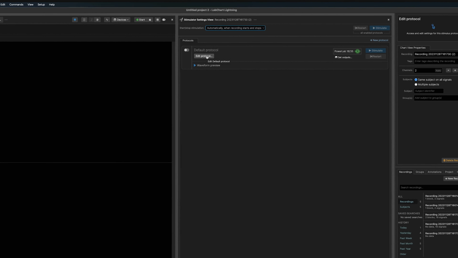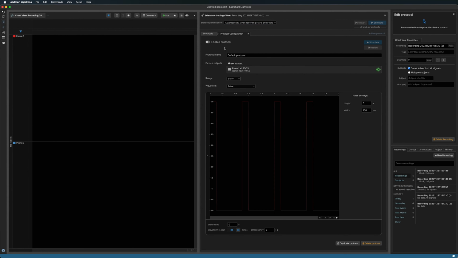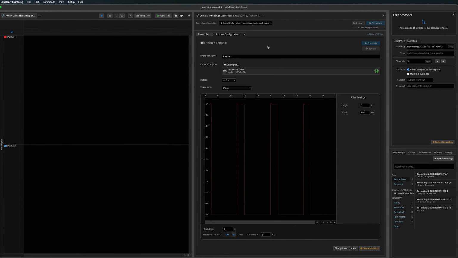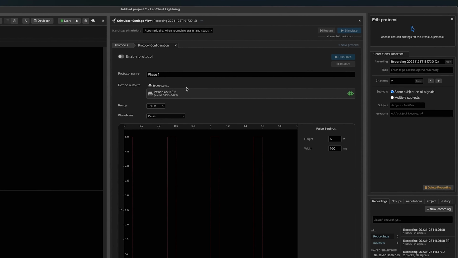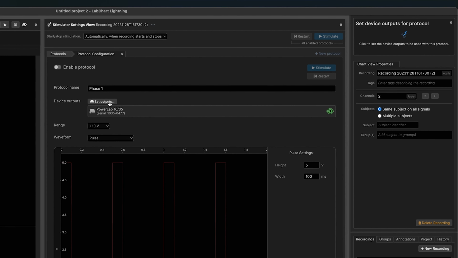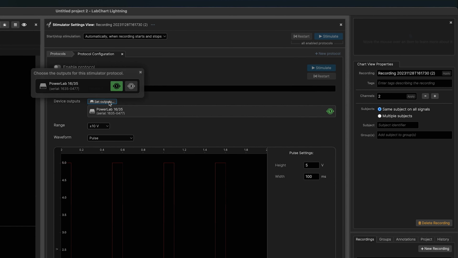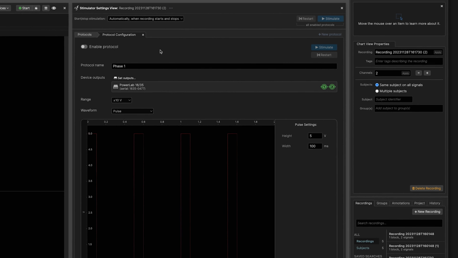Click the Edit button to configure the stimulus protocol. As well as enabling and disabling the protocol, you can set the name for your protocol here. Setting the device outputs to be used with this protocol is easy. Click the Set Outputs button to see the connected hardware and choose your desired outputs. It's possible to stimulate from multiple outputs on the same PowerLab, or, as we will show later, from multiple PowerLab